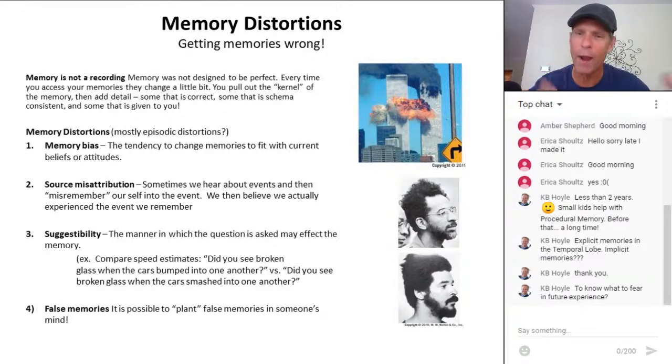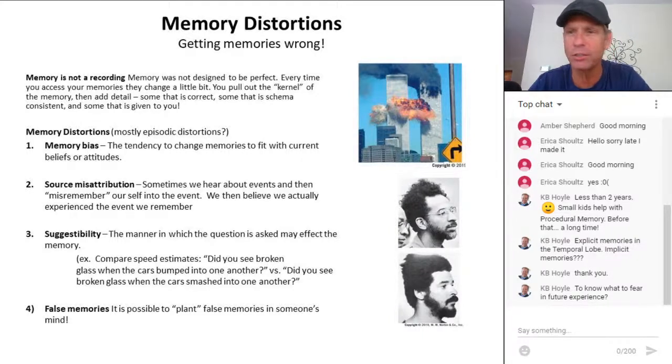And in fact, what I like to think of it, especially when it comes to episodic memories, I would say that you remember basically the kernel of the memory. And then if you remember schemas from yesterday, you then add in the rest of the information to your memory based upon what you think should be there.